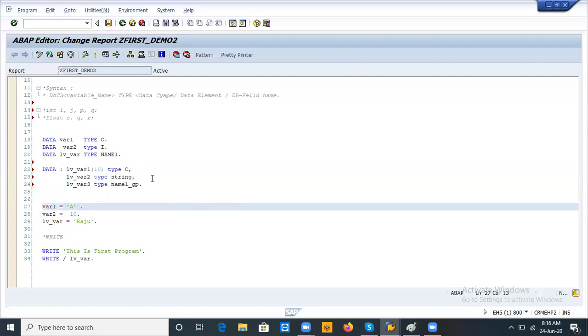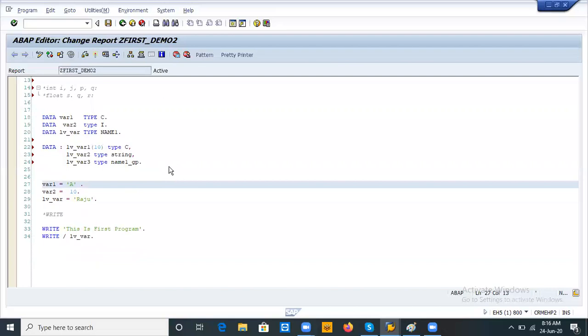Is it clear? You have any doubt over here? Please let me know now only, so I can explain one more time. With the help of a semicolon also we can generate multiple. Okay, keep it in mind.